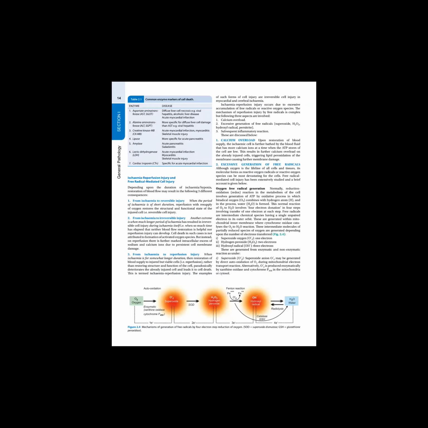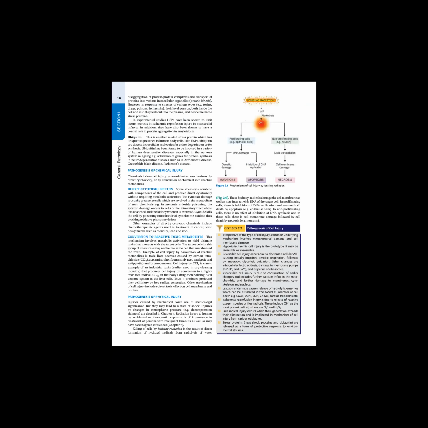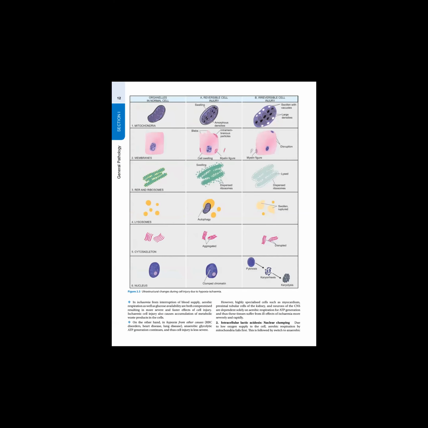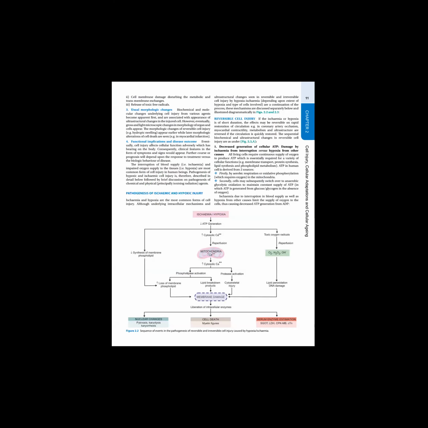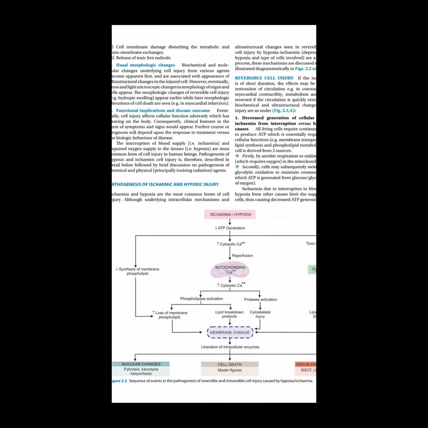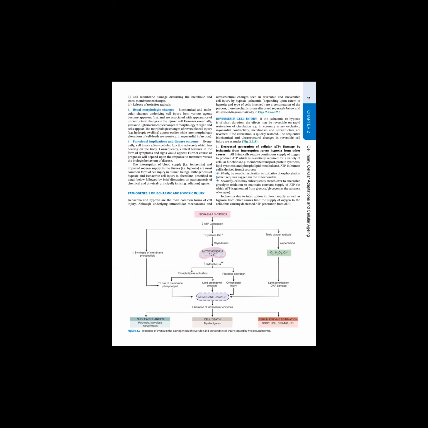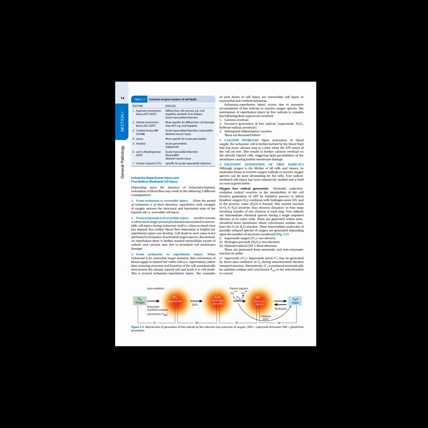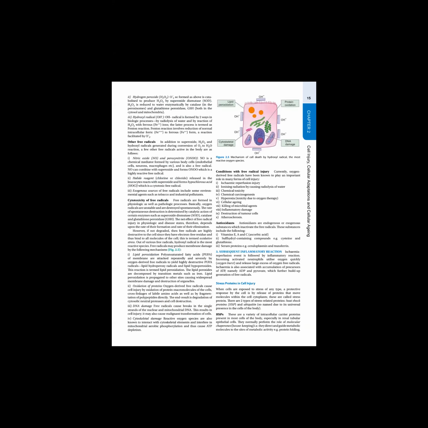So today we'll go with the pathogenesis of the chemical and the physical injuries. The last time we saw the changes happening at the cell level, the pathogenesis of ischemia, when the cells are not getting oxygen. That has been clear to you all. So today I'm going to give you an overview of the chemical and the physical injuries.